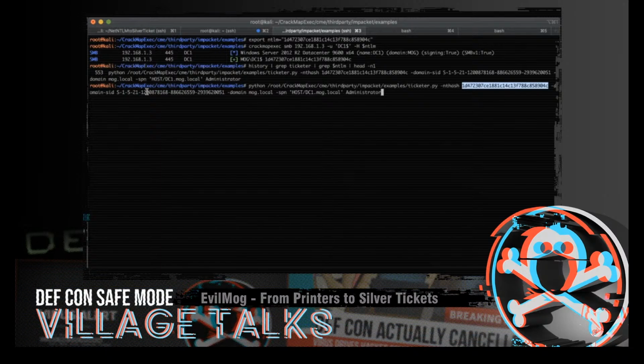There is the domain SID that we captured earlier. That is this S-1-5-21 here using enum4linux. The domain name here is mog.local. Now the important part is the SPN. SPN is a service principal name. So in this case, we know it's a machine, so we know it's DC1, we know it's in mog.local. All domain controllers by default will or should, in most cases, have a host/DC or a host/ for their SPN. So we can guess that this machine's SPN, or look at it in Bloodhound, but in this case